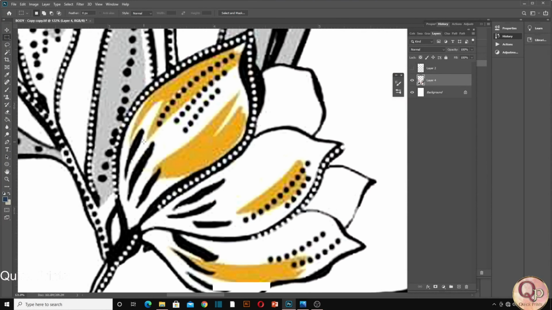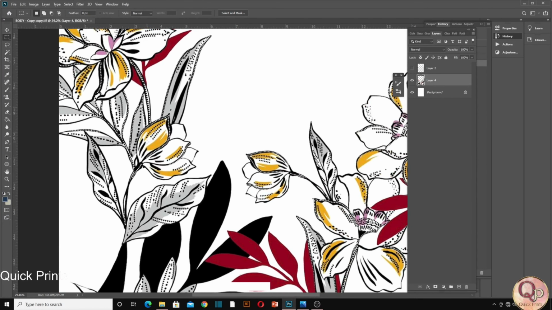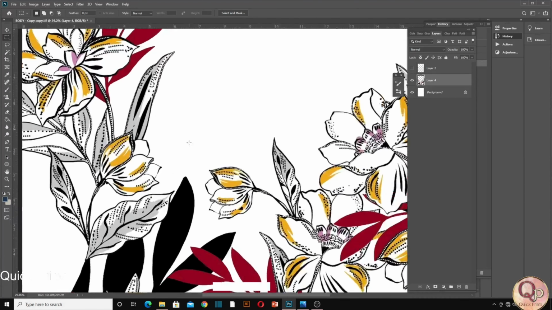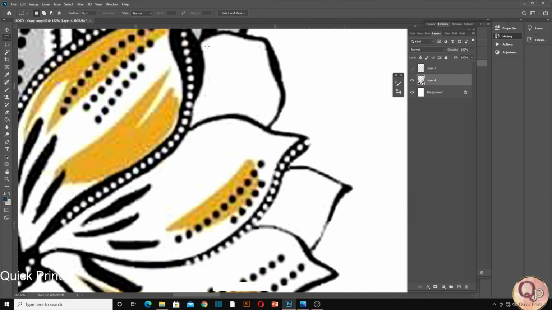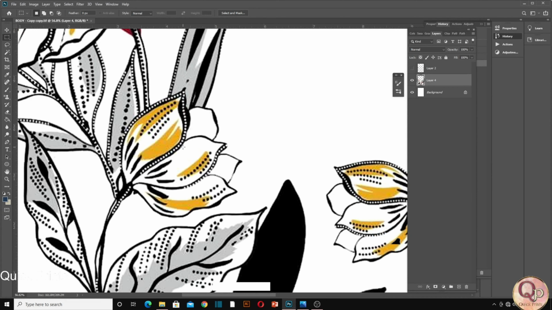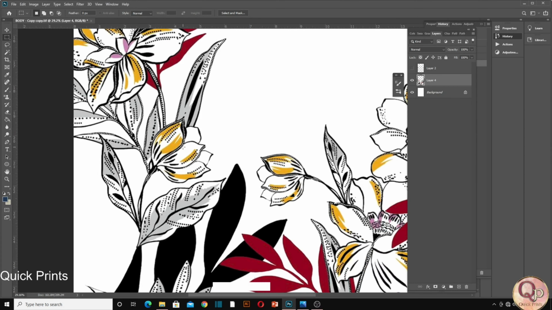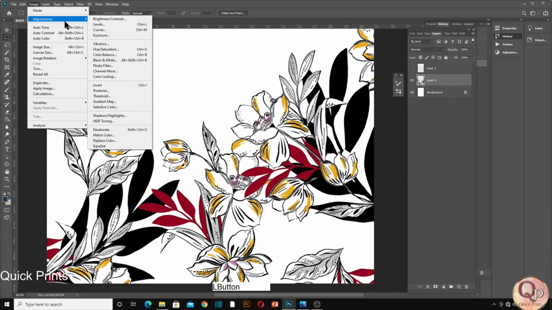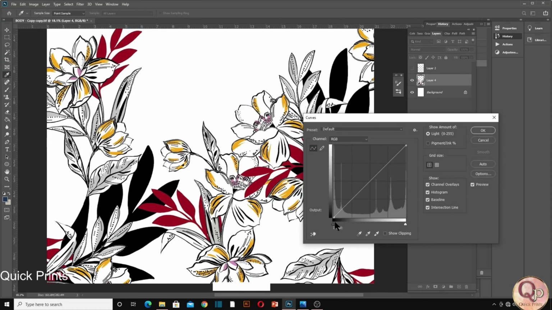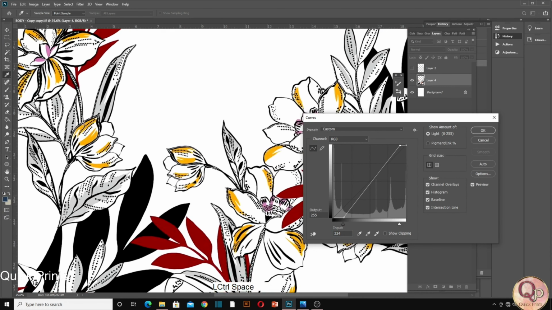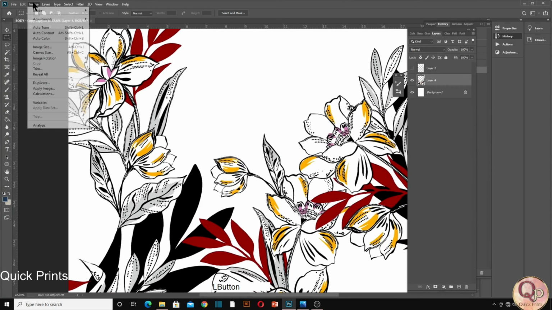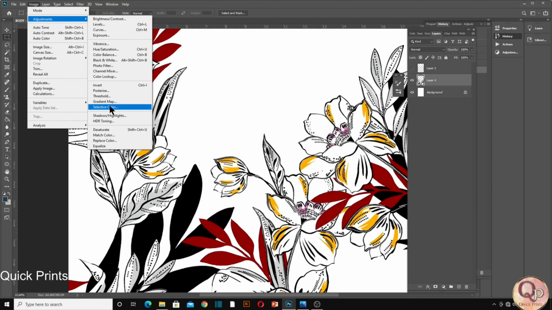As of now the artwork is still pixelated, but I'm just trying how we can achieve the best effect of converting a random pixelated motif into a clear artwork, then how we can convert it into layers, right? So let's give some more detail. Let's work on the curves. Yes, now you can see it is going more balanced and brighter in contrast, right? So okay, let's work on the yellow color as well once.